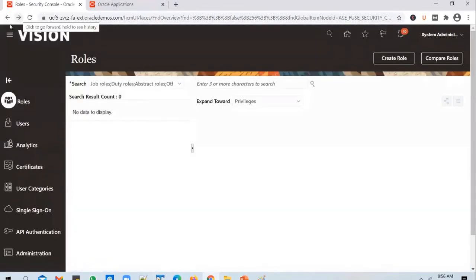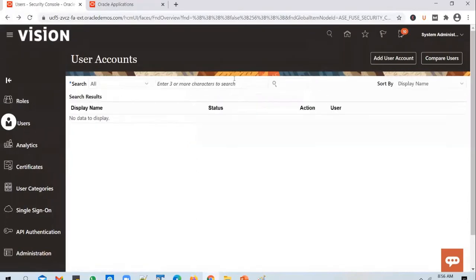Yeah, I tried to go back to the prior screen from users, but I couldn't find that. When I went to the user, I created the user from this window. When I wanted to go back prior to this window.